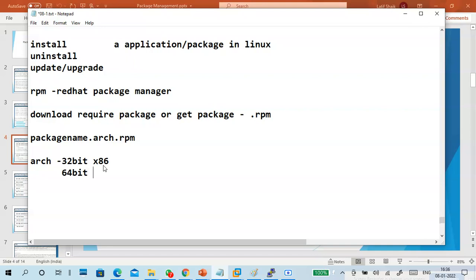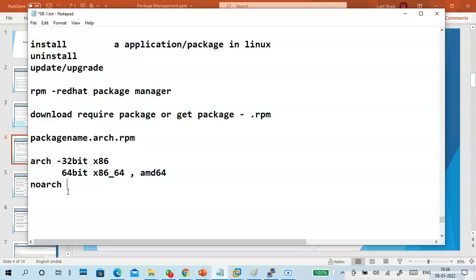A specific architecture 64-bit application, 64-bit operating system, 64-bit machine. x86 underscore 64 is representing that one, or AMD 64. Sometimes it shows no ARCH.